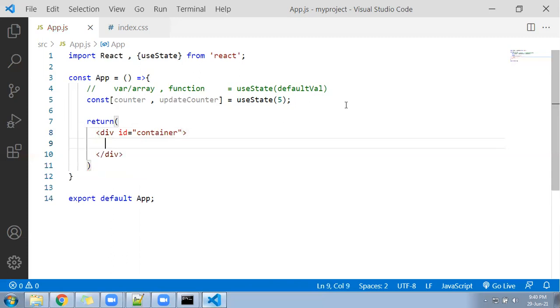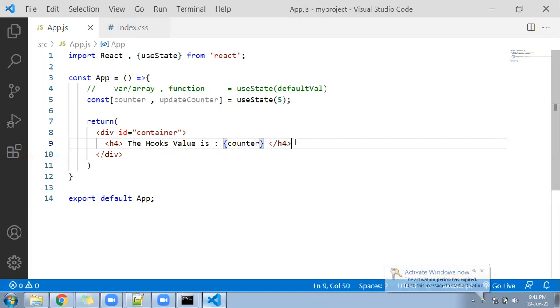Now let me print that value here. The hook value is, simple. That variable you have defined inside the call is counter, right?